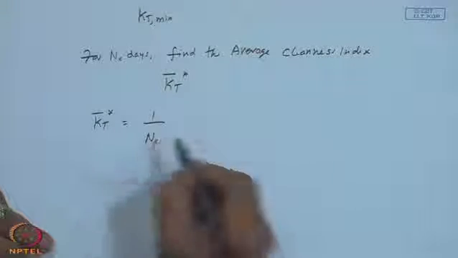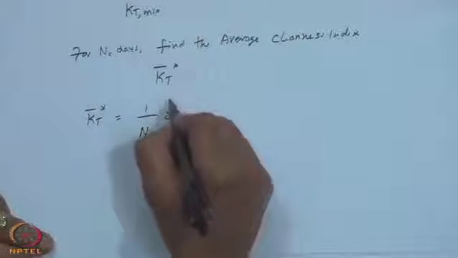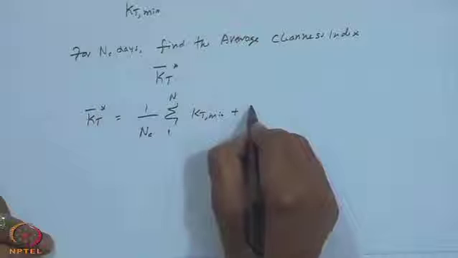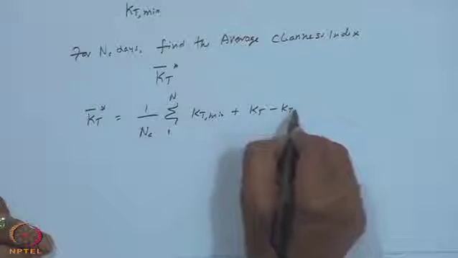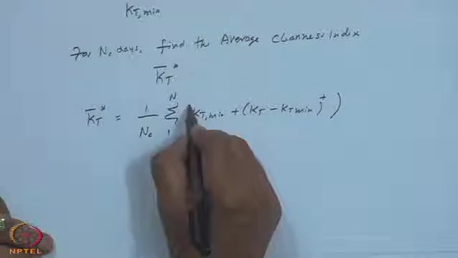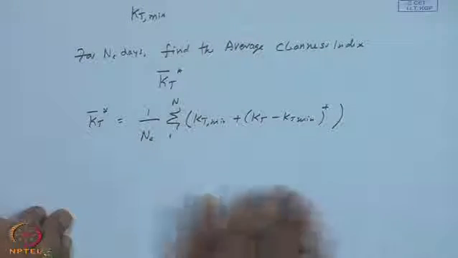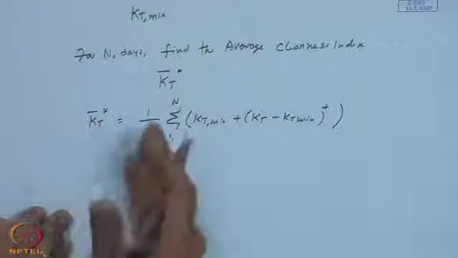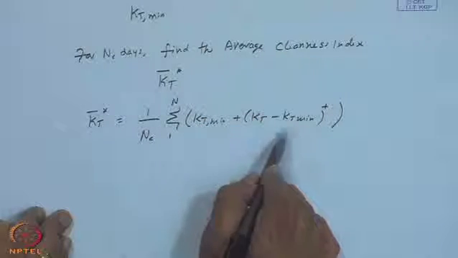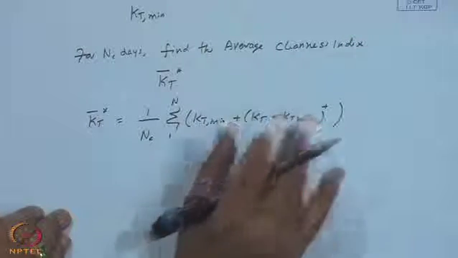1 upon the number of days above which the clearness index is below KT, above KT minimum. All the days 1 to n is KT min plus KT minus KT minimum superscript plus whole thing. This is only a clumsy way of mathematically putting it, and just find out the clearness indices of the days with KT greater than KT minimum and take the average. So, that if this is negative, it will be 0, only KT minimum will be there. If this is positive, that will be contributed to KT minimum, that is the ordinate above the KT minimum value, that is all, nothing else.